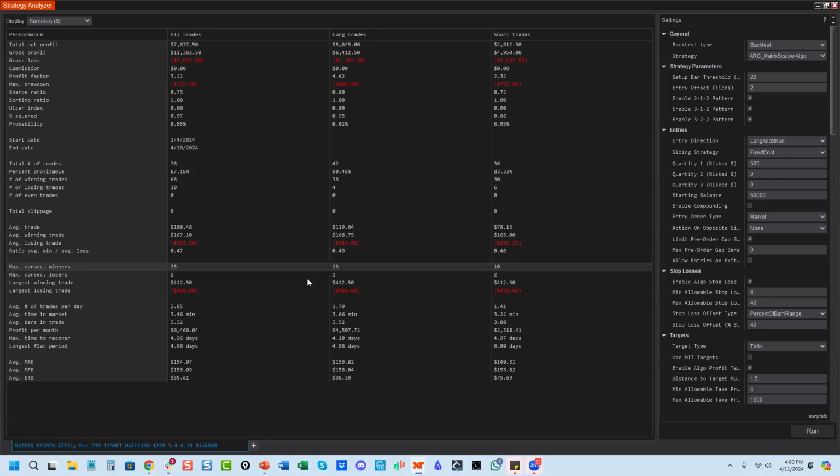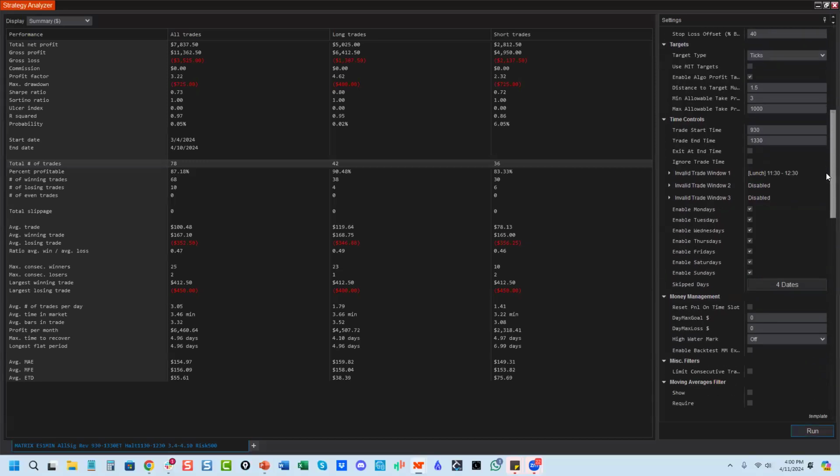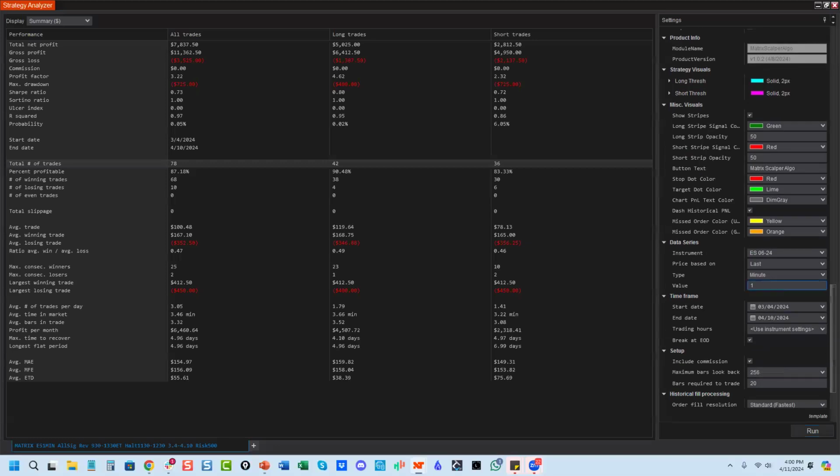So, I mean, a 3+ profit factor on the S&P with close to 80 trades in 1 month. Like, if you took 80 trades on the S&P, that's a lot of trades, man. That's a lot of trades in the S&P in 1 month. It's on a 1-minute chart. $7,000 profit with a $700 drawdown in 1 month.